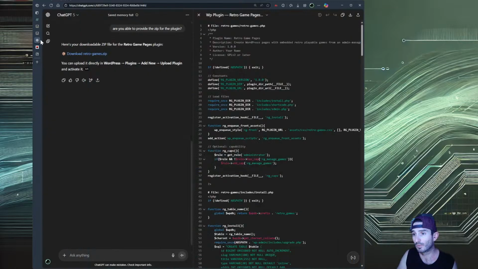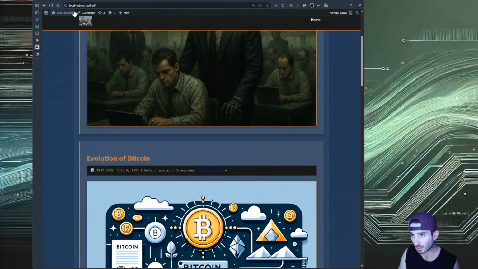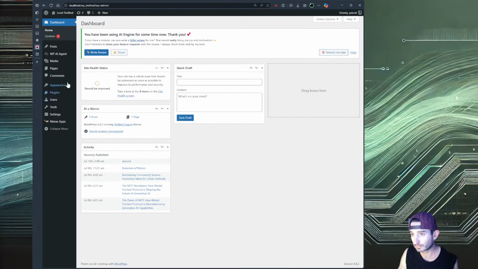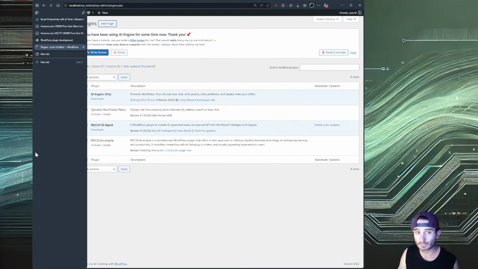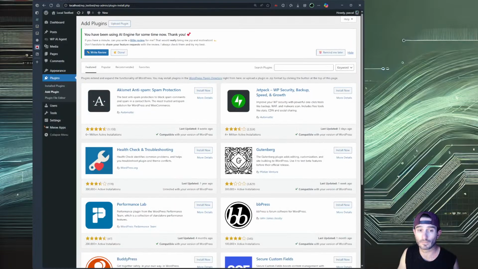Now, what we want to do, okay, so GPT-5 has produced a zip. So what we're gonna do is open this folder, and we're gonna install this on, alright.